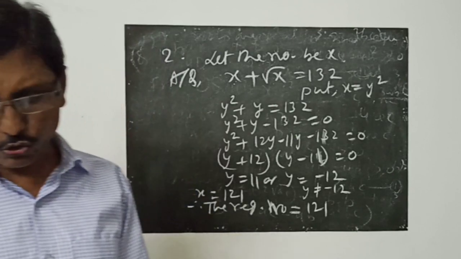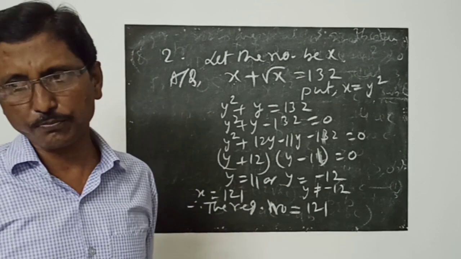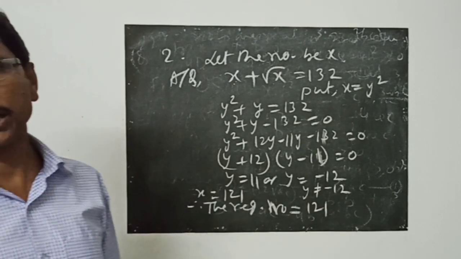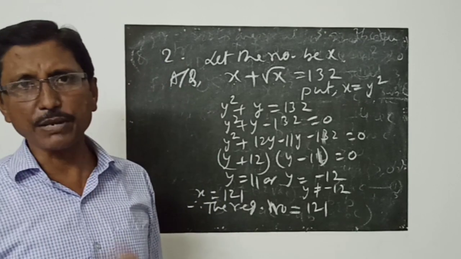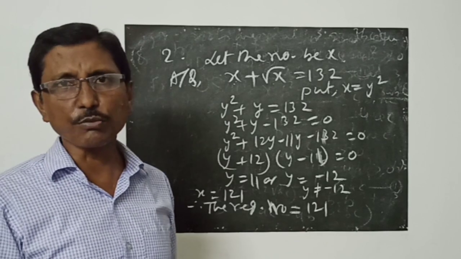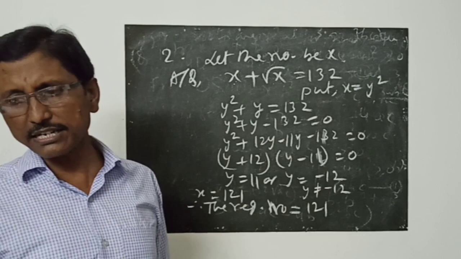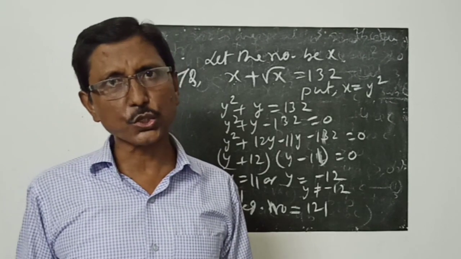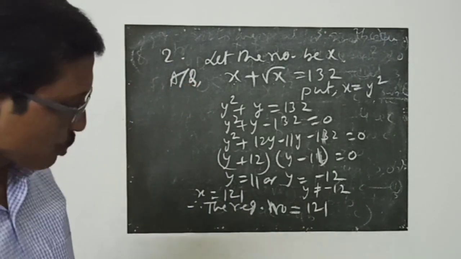Now, some question like this one: the sum of two natural numbers is 28, that is the first condition, and their product is 192. So two natural numbers का sum 28. So let one number be x, and since the sum is 28, the other number will be 28 minus x. Then their product you will get 192. Like this one. In this way we can go to the next question.